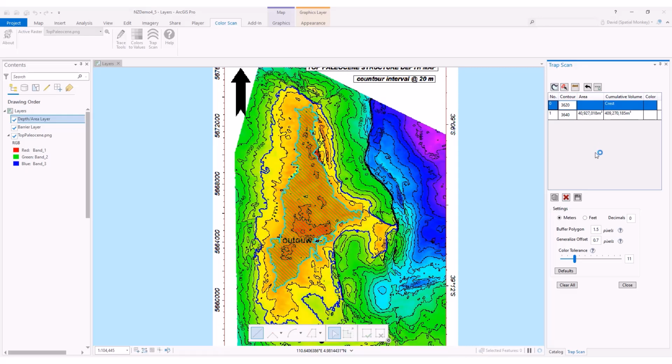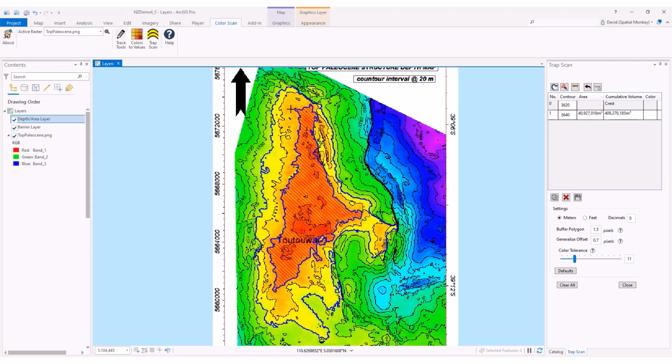So having done our first contour, we can now move on to the second contour, again just by using the auto capture tool with a single mouse click, and that creates the polygon, and then we just keep going until we've captured all the areas for this depth. Again, we're always merging with the previous, so every polygon includes all other